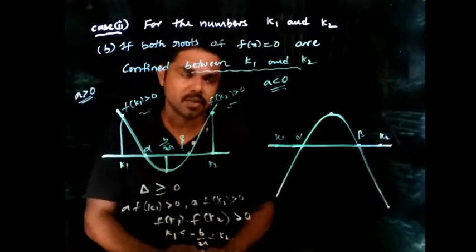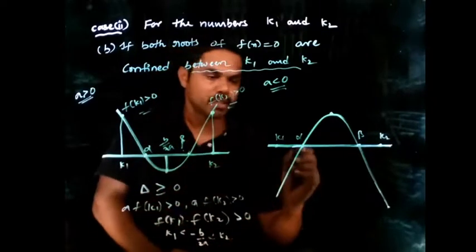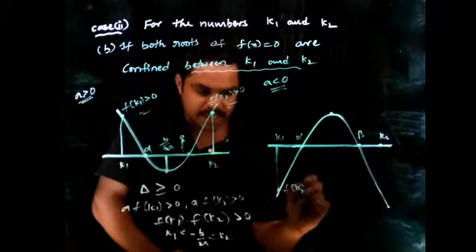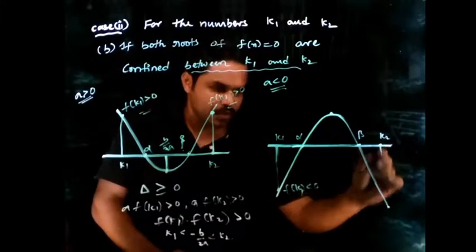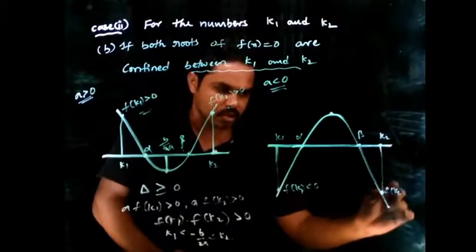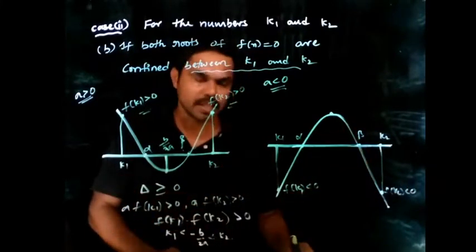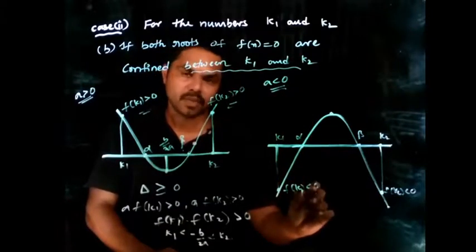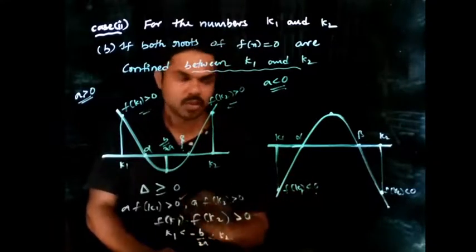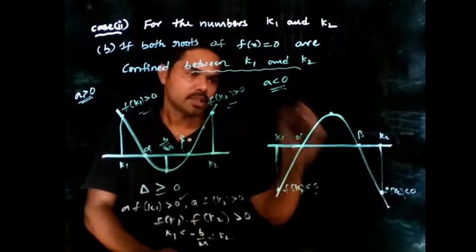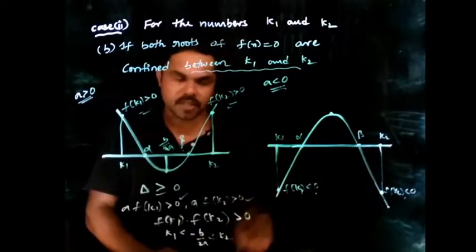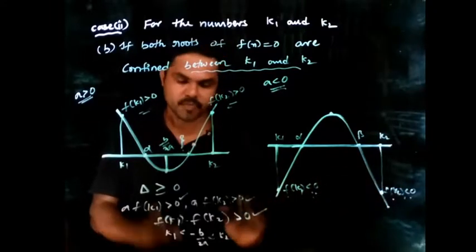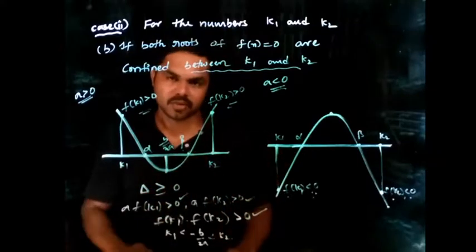The same conditions we can get from that graph also. If you take k1 here, f of k1 will be here. This is below the x-axis, it is negative. K2 here, f of k2 will be here. So this is also negative because it lies below the x-axis. Now here a is negative, f of k1 is negative. So a into f of k1, negative into negative is again positive. And f of k2 is negative, a is negative, so negative into negative again positive. The same condition. And second thing, f of k1 is negative, f of k2 is negative, negative into negative again positive. So the same conditions will exist in that graph also.